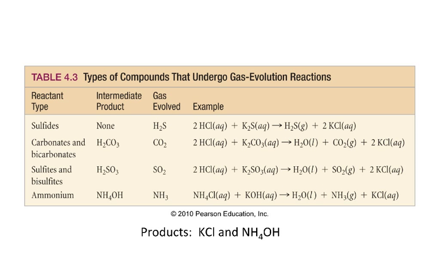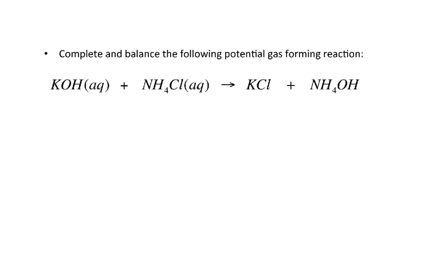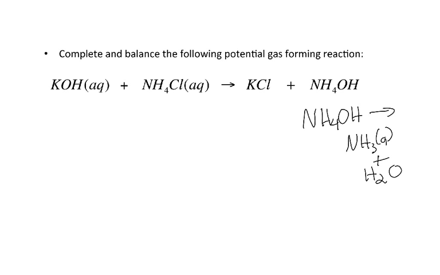So if I go back and look at my products, we have the potassium chloride and the ammonium hydroxide. This doesn't form. Instead, I need to take my ammonium hydroxide and decompose that into ammonia gas and water. So the complete balanced equation for this one is